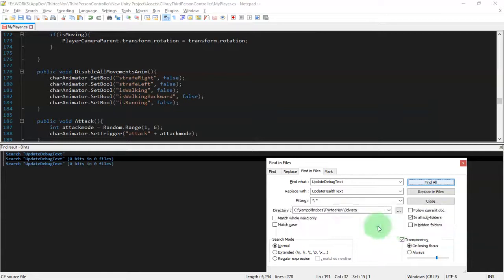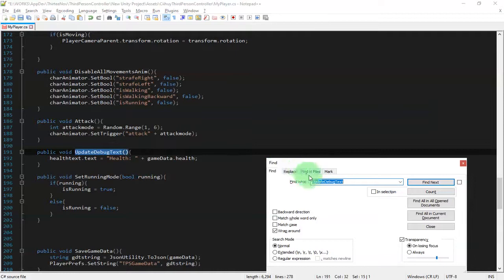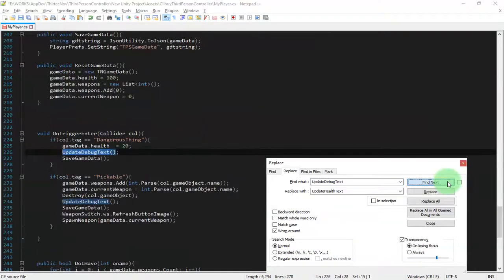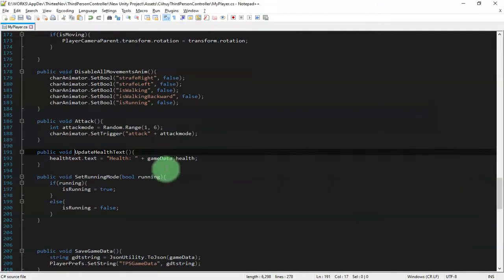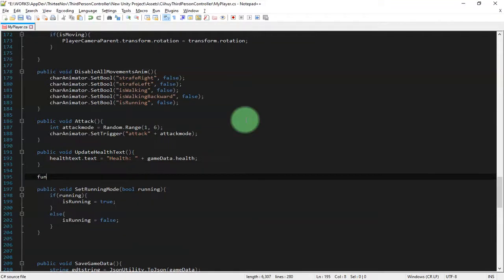What the heck, I need to change it to update health text. What did I do previously? I misclicked. Let me click replace all, and here I need to make another function, which is public void update show debug text.